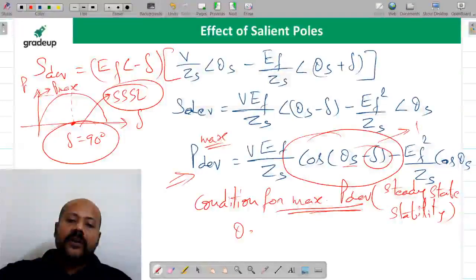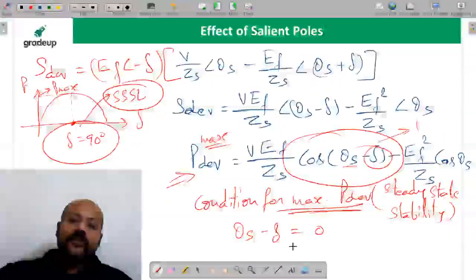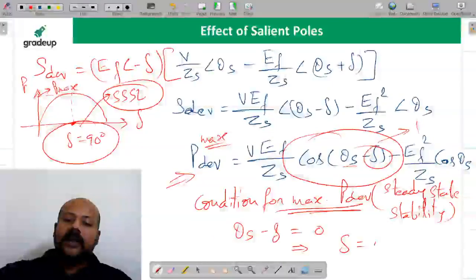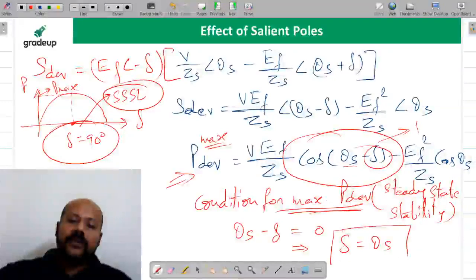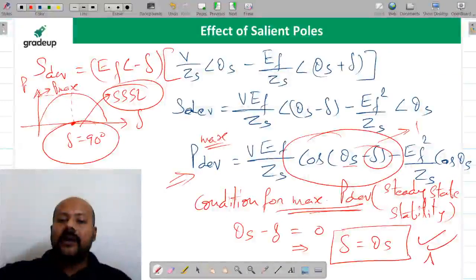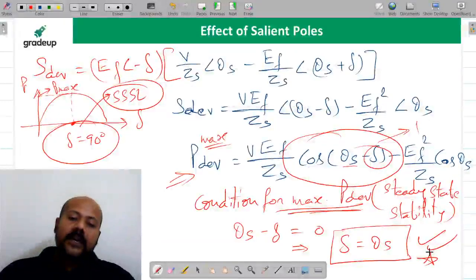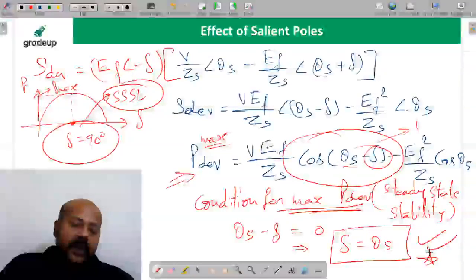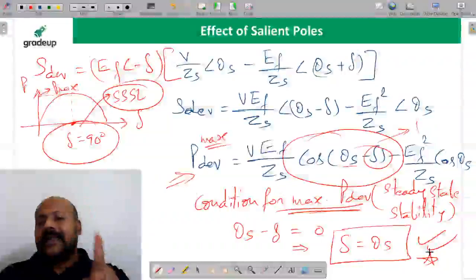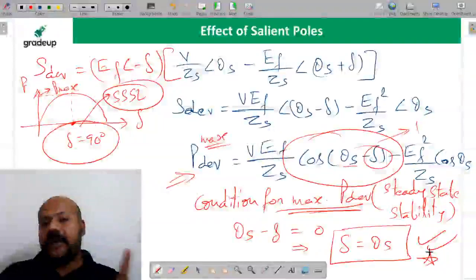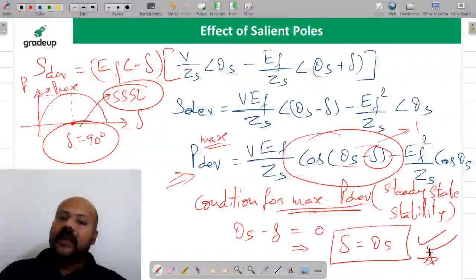So when this is going to be 1, when theta S minus del is going to be 0, or better you can say del is equal to theta S. So this is a very, very important conclusion we have seen for the generator case, and you can note it down for the motor case. So whenever he is asking the steady state stability limit for the synchronous generator or motor,